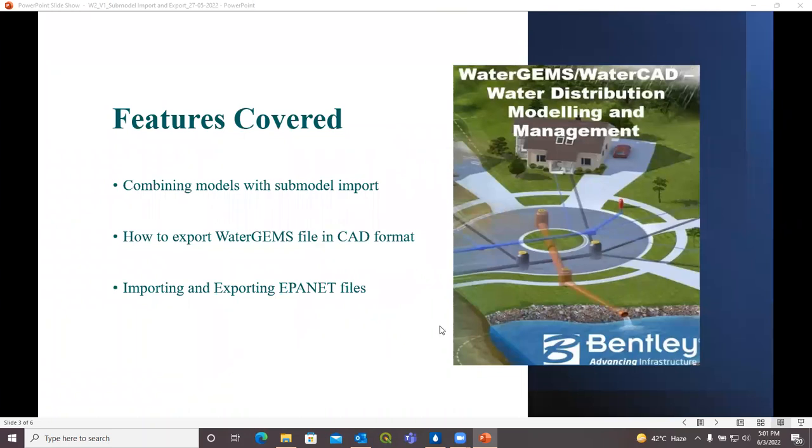So, these are the features that we will be covering in today's video. And the first thing that we will cover is how to combine models with submodel import. Basically, submodel import and export is required when you want to import or export two or more models to create a single model. Also, the need for using submodels may arise when different people are working on different parts of